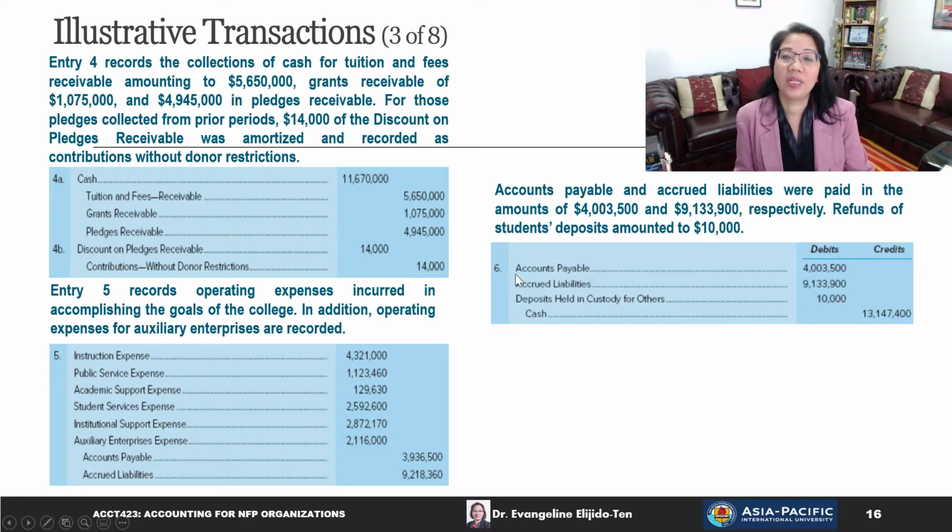All right, we'll debit accounts payable for the given amount and also debit accrued liabilities for the given amount. We will also be now debiting deposits held in custody for others for the 10,000 refund of students' deposits, and our credit would be to cash for the total of all these figures,